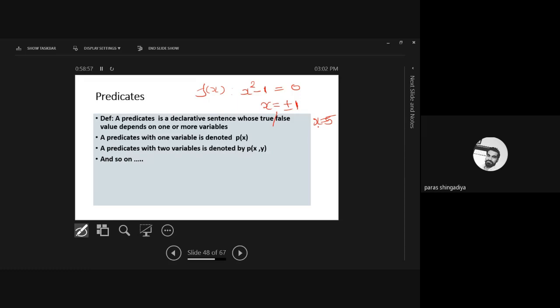And x equal to plus or minus 1 represents a true value. X equal to plus or minus 1 represents the true value for the equation x square minus 1 is equal to 0. Okay, so that is the difference between the solution of the equation and the predicate theory. In equations we consider the solution of the equation as x is equal to plus or minus 1, in function theory. But when we involve the predicate concept, we check its truth value. Truth value means for which value of x the function fx is satisfied. So that value is called the true value for that data.